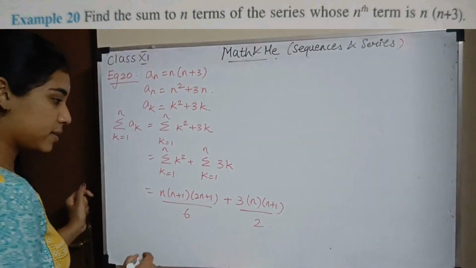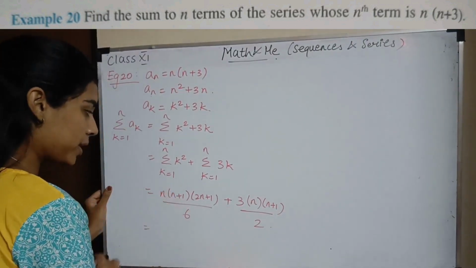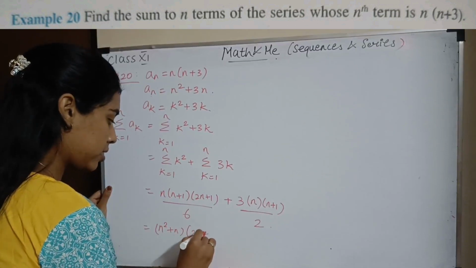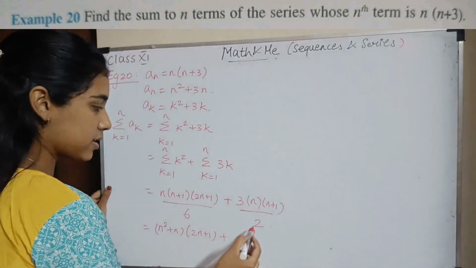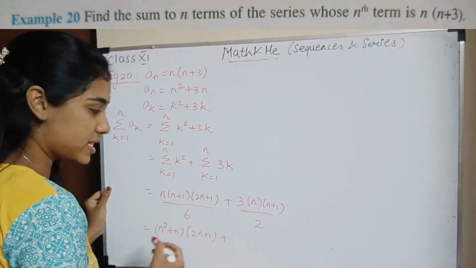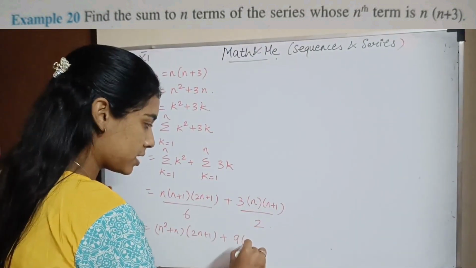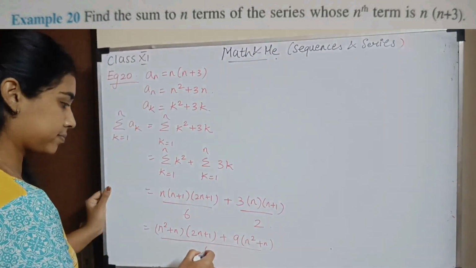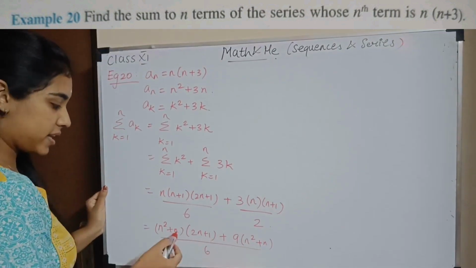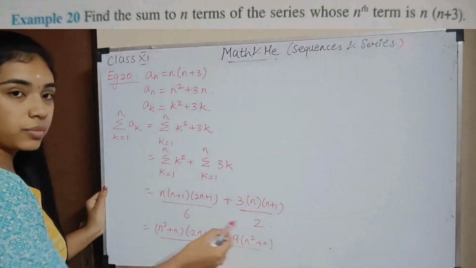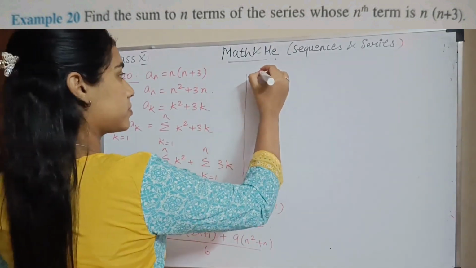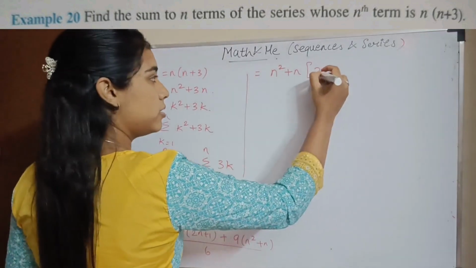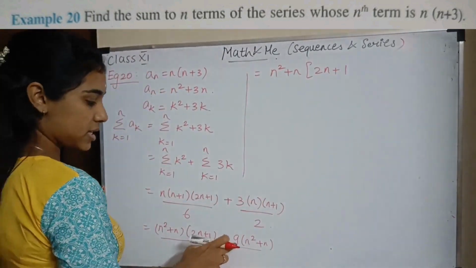Now you need to take the LCM. So what do you have? I'm going to multiply this inside. N square plus n times 2n plus 1 plus times 3, because I need the LCM to be 6. So I have 9 times n square plus n divided by 6. Okay, I can take n square plus n outside. That is common in both the terms. So what do I have? Equals n square plus n of 2n plus 1 plus 9